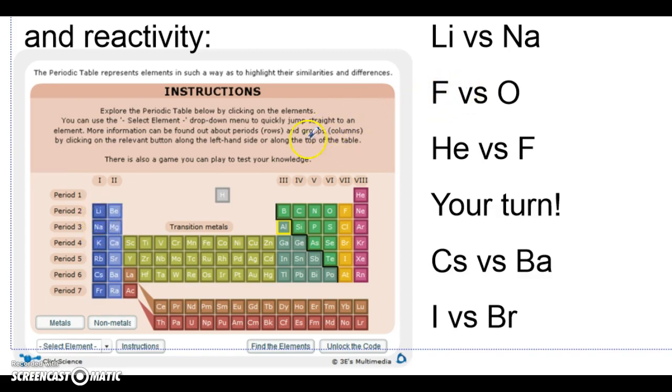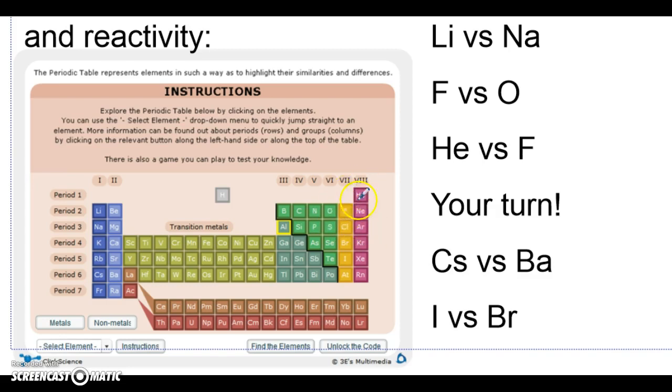If I compare fluorine versus oxygen, I know for mass, fluorine's going to weigh more than oxygen. For size, it decreases across, so oxygen is bigger than fluorine. And for reactivity, I know fluorine is like the most reactive one over on this side, so fluorine's more reactive